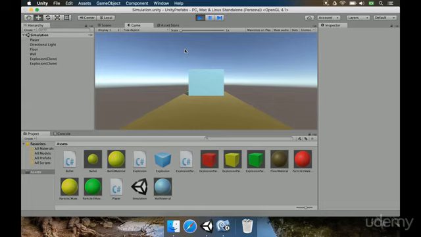Instead of 100 bullets, we just make one bullet and keep copying and pasting it in the scene. So this is very useful for tuning your game to whatever effect you want to give. If you want to make it look easier or harder, we can just transform things into prefabs and